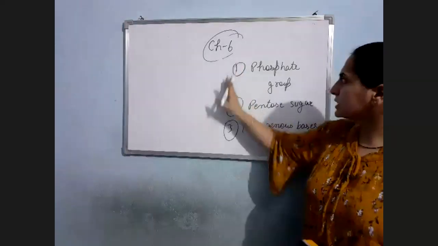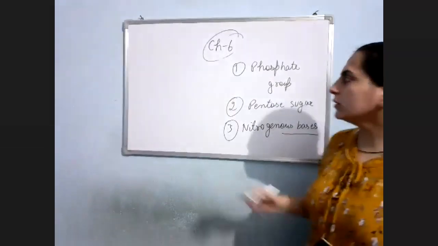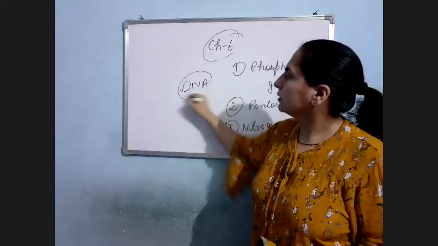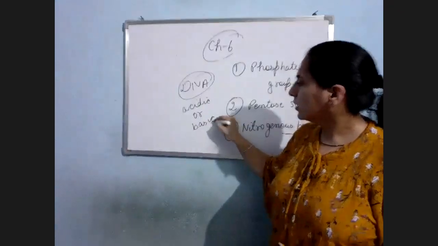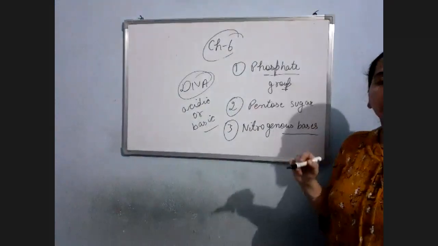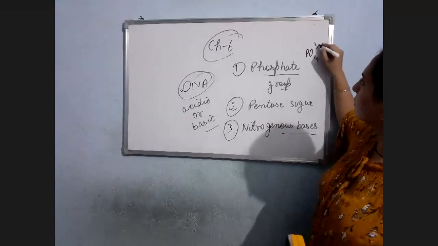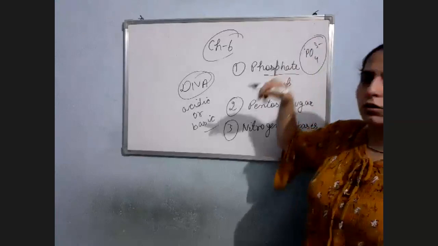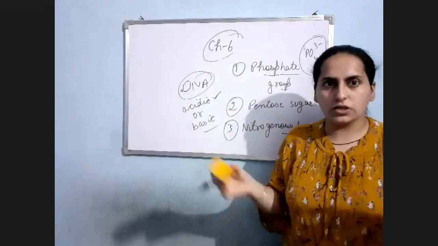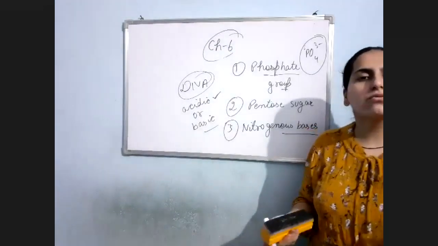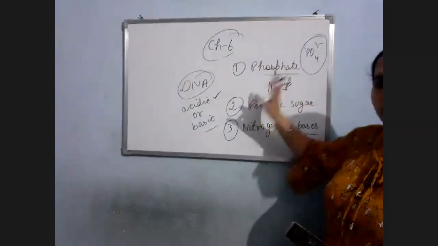But now, firstly, if I talk about your DNA, is it acidic or basic, what will be your answer? Your DNA, is it acidic or basic? Now, if I talk about this phosphate group, in your chemistry you have done, it is PO4 3 negative. So due to this phosphate group, your DNA is slightly acidic, slightly, not strong, but yes, due to the presence of this phosphate group, your DNA is slightly acidic. About this, we will study next class.